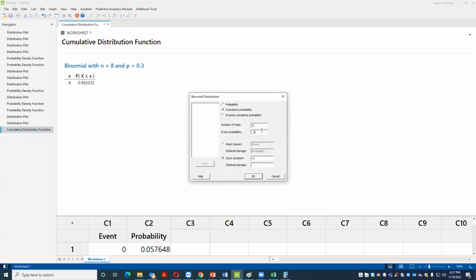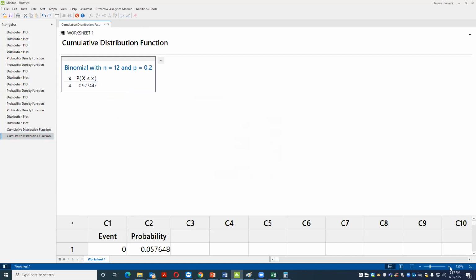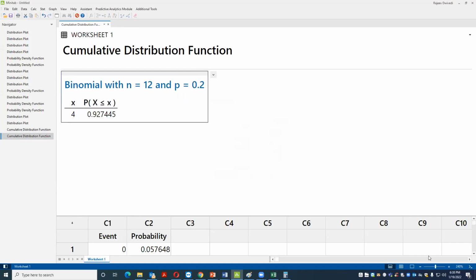Binomial, our 20% people were COVID positive. So we took a 12 people sample, and we are just going to see this. So you can see exactly the same number. Now I have to check the same problem if I don't have Minitab. Instead of, I got stuck. So I'm just going to